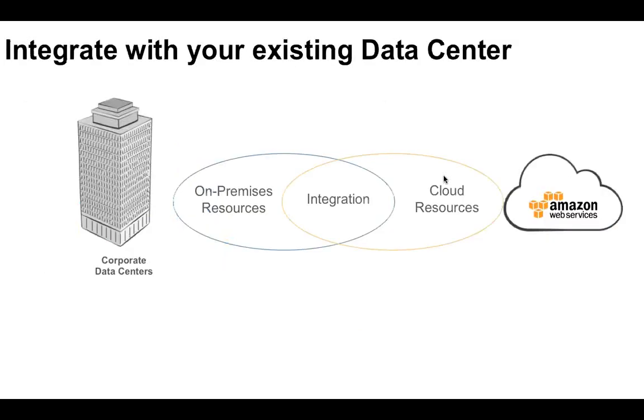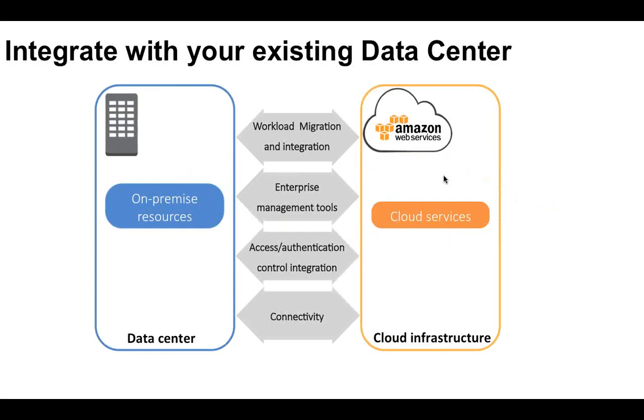Most enterprise applications do not live in isolation. They need to integrate with several different applications, be it within your own data centers, maybe data centers that are globally distributed within your own enterprise. It could be third-party data centers, maybe suppliers and customers. So it's important to have techniques and tools that let you integrate your cloud resources with on-premise or with other data centers. And here AWS gives you a whole host of technologies, be it facilities to manage your migration of